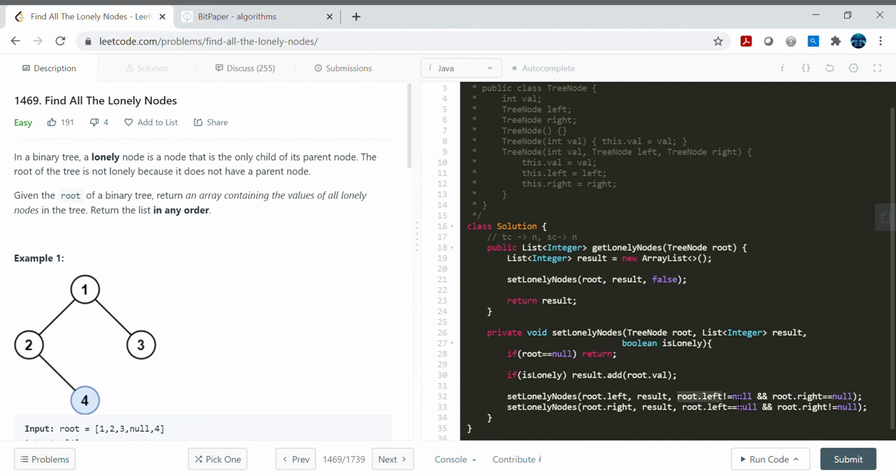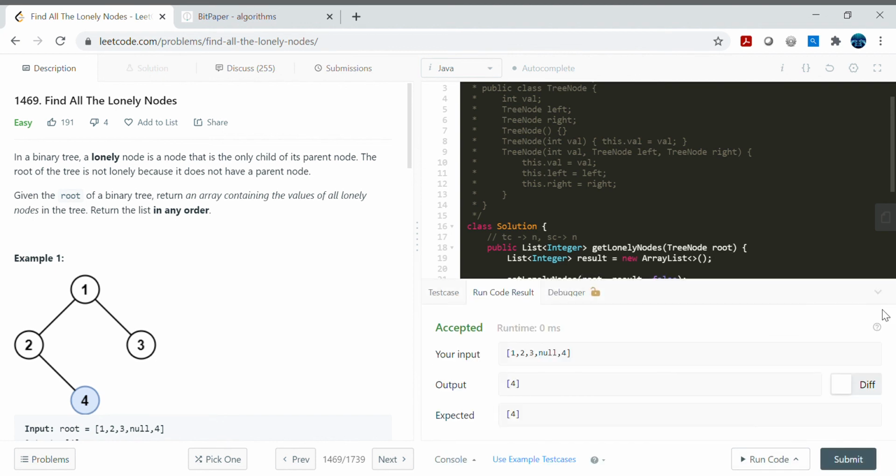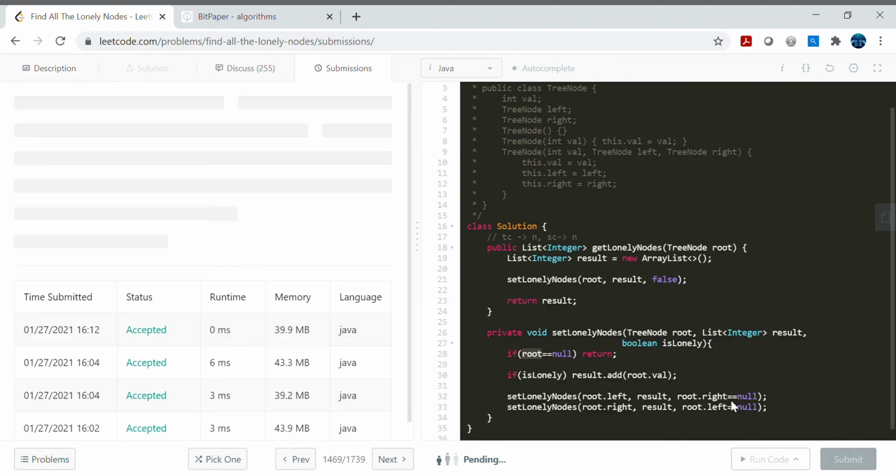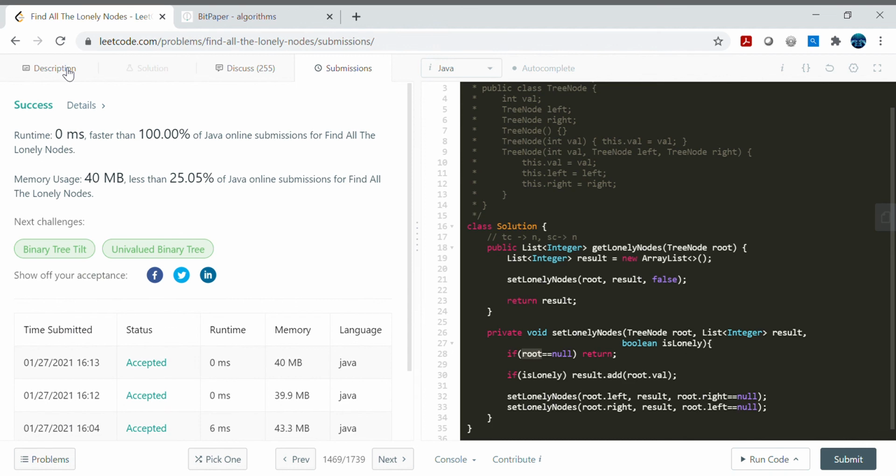So I think we can safely remove this condition, root dot left is not equal to null, and we can safely remove this condition as well, root dot right is not equal to null, right? Because that is getting covered by the base condition. Now let's check and compile. If it is fine, let's go ahead and submit this, and if it is working, then we are good.